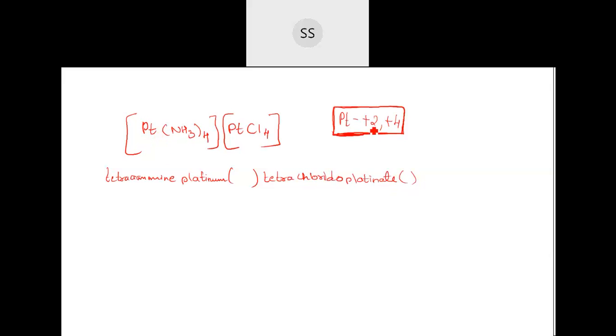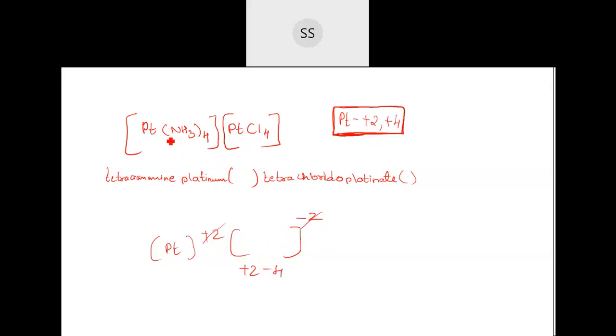Now check out which oxidation state will go. +2 will go correctly with this, or +4 will go correctly with this. Okay, so if I take now +2, then this will be correct. Why? Because the whole complex should carry a positive charge here, because NH3 is anyways going to be carrying a 0 charge. So this platinum, if you take +2, the whole complex will carry +2 charge. And then if you put +2 for this also, that +2 and then -4, the whole complex will carry a -2 charge. Correct? So this +2 and -2 cancel each other to form this complex. So 2 is the correct one.